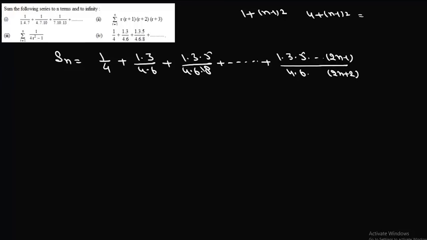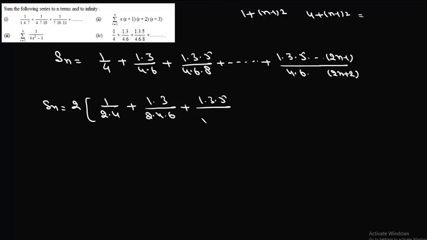What seems to be missing is 2. So what we'll do is we'll multiply and divide everything with 2. So we can write this Sn as 2 into, and this is 2 into 4, and this is 1 into 3, and this is 2 into 4 into 6. This is 1 into 3 into 5, and this is 2 into 4 into 6 into 8, and this is 1 into 3 into 5 up to 2n minus 1, and here it will be 2 into 4 into 6 up to